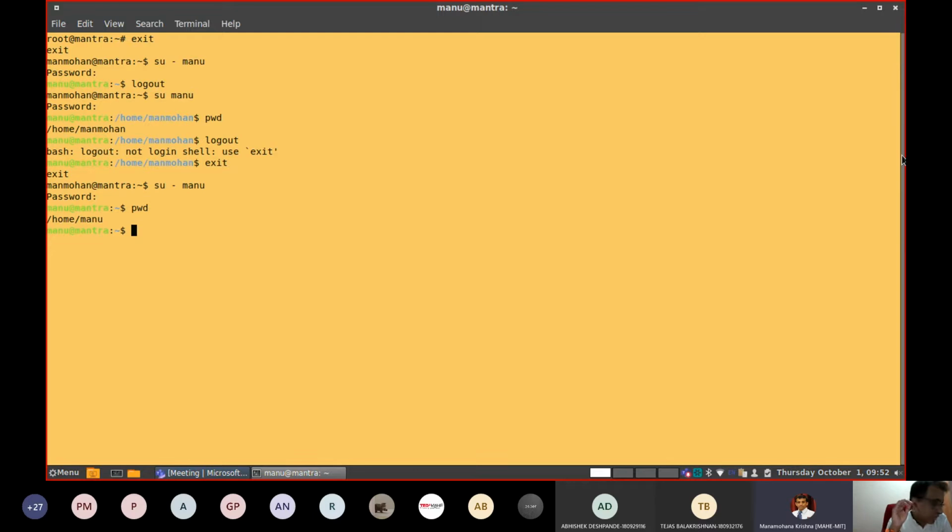So these are the points you need to remember. Anyway, this is about how to log in to other users if you know the password, and two different options, su without hyphen and su with the hyphen, and what happens. So now you will get the privilege of the new user Manu, and whatever you are going to do is very much equal to user Manu doing it, not user Manmohan. Okay. So this is about some simple tips on that, about how to change the commands, etc.